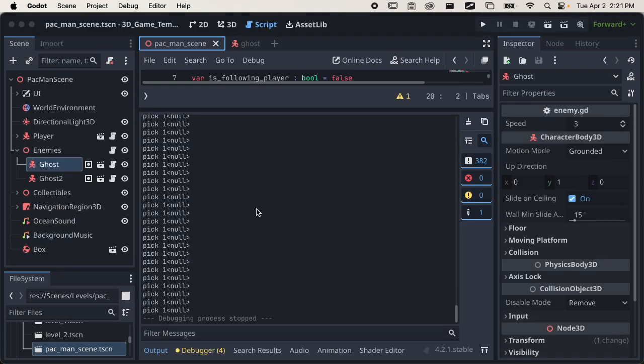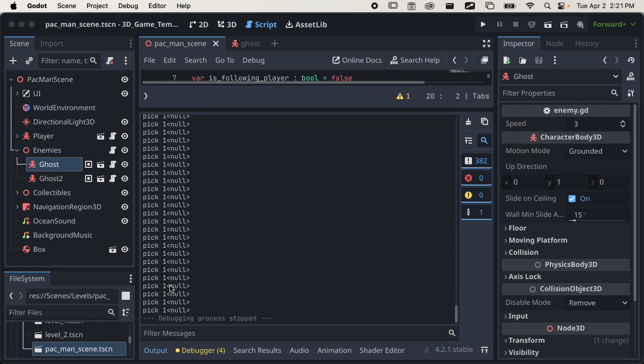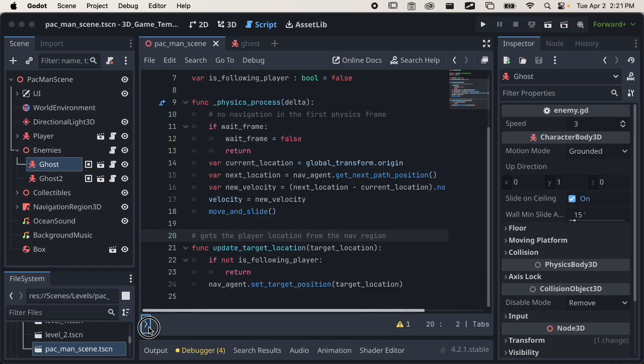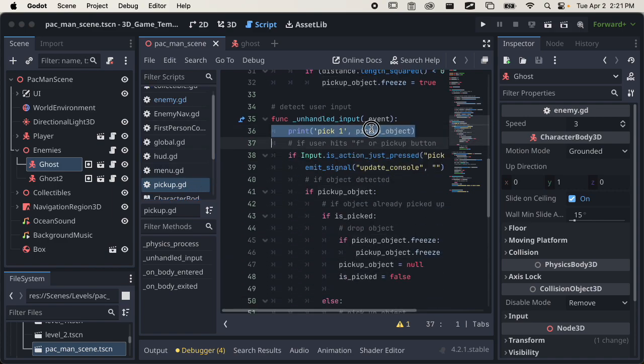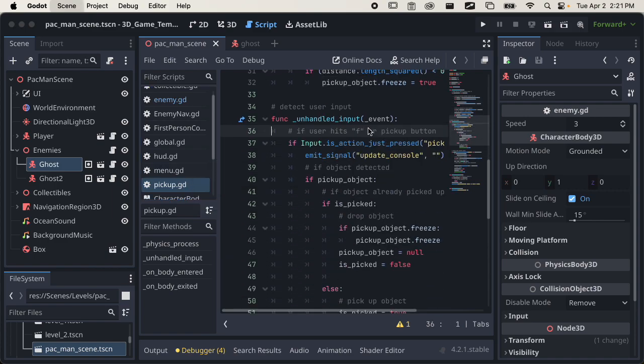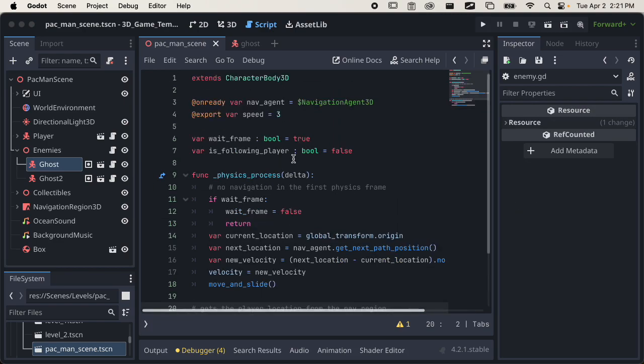So now we're going to work on the patrol. I've got some rogue print message that just says pick one. That must be from the pickable script. Okay, let's get rid of this. Hopefully that wasn't important, but I don't want to see that right now. Okay, so now let's set up our